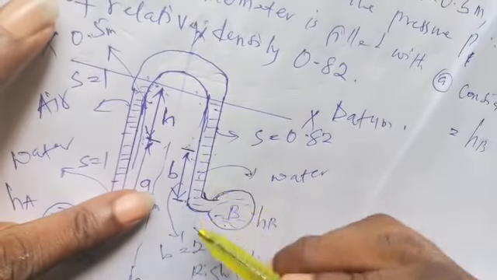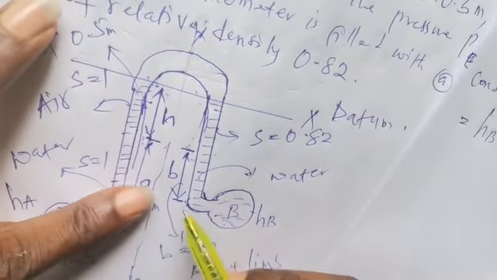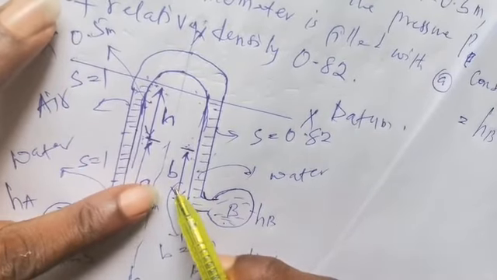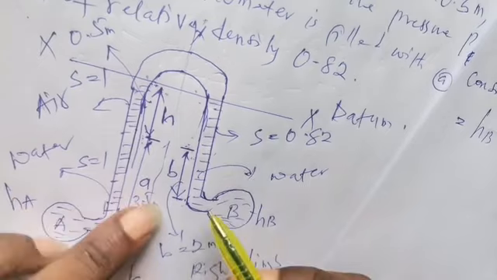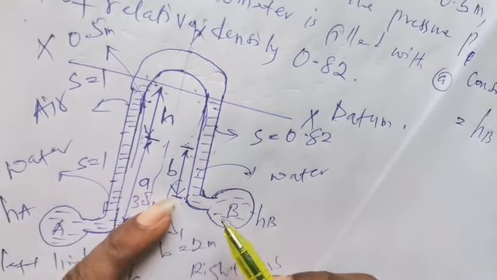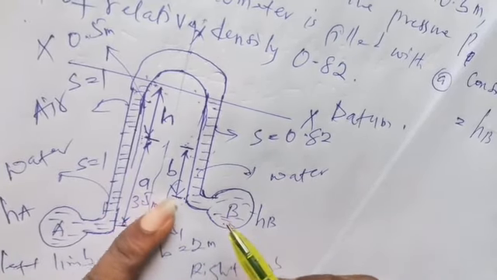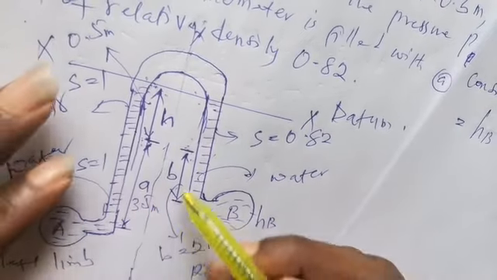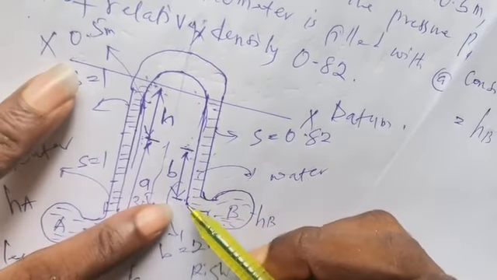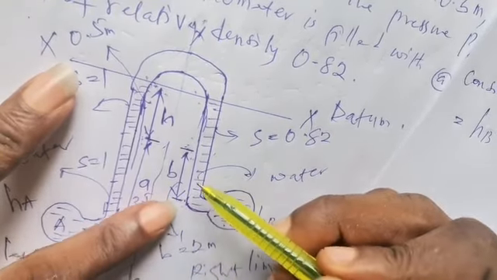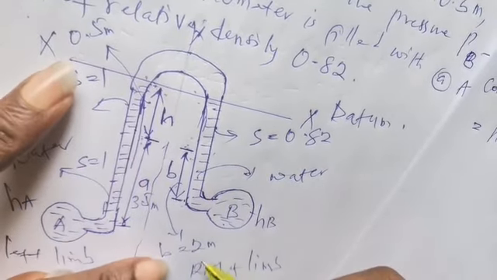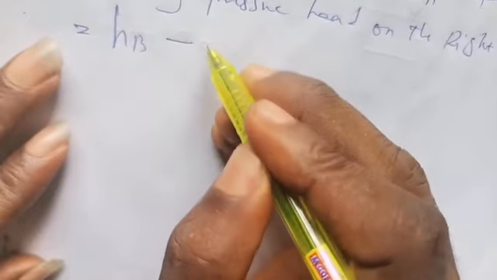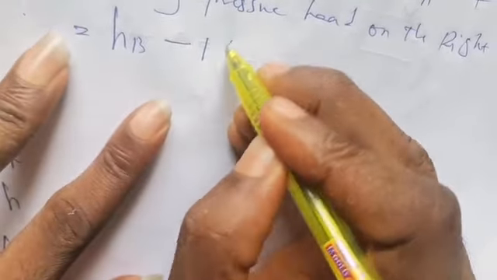Next, we have water in this pipe. Water is running through the pipe, and the height of water in the pipe is given as B. I already said earlier that the specific gravity of water is 1. So to obtain the pressure head of water, what do we do? Multiply the specific gravity by the height of water. And B was given to us in the question as 2.0 meters. So you simply have 1, which is the specific gravity of water, times the height.